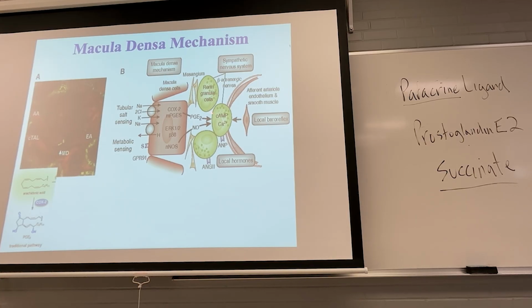The juxtaglomerular cells can also sense a drop in blood pressure because they're sitting against the wall of the afferent arteriole, and they can sense the heartbeat. So if you get a drop in blood pressure, they can sense that also. So it's like these two groups of cells are strategically placed. All right, that's where